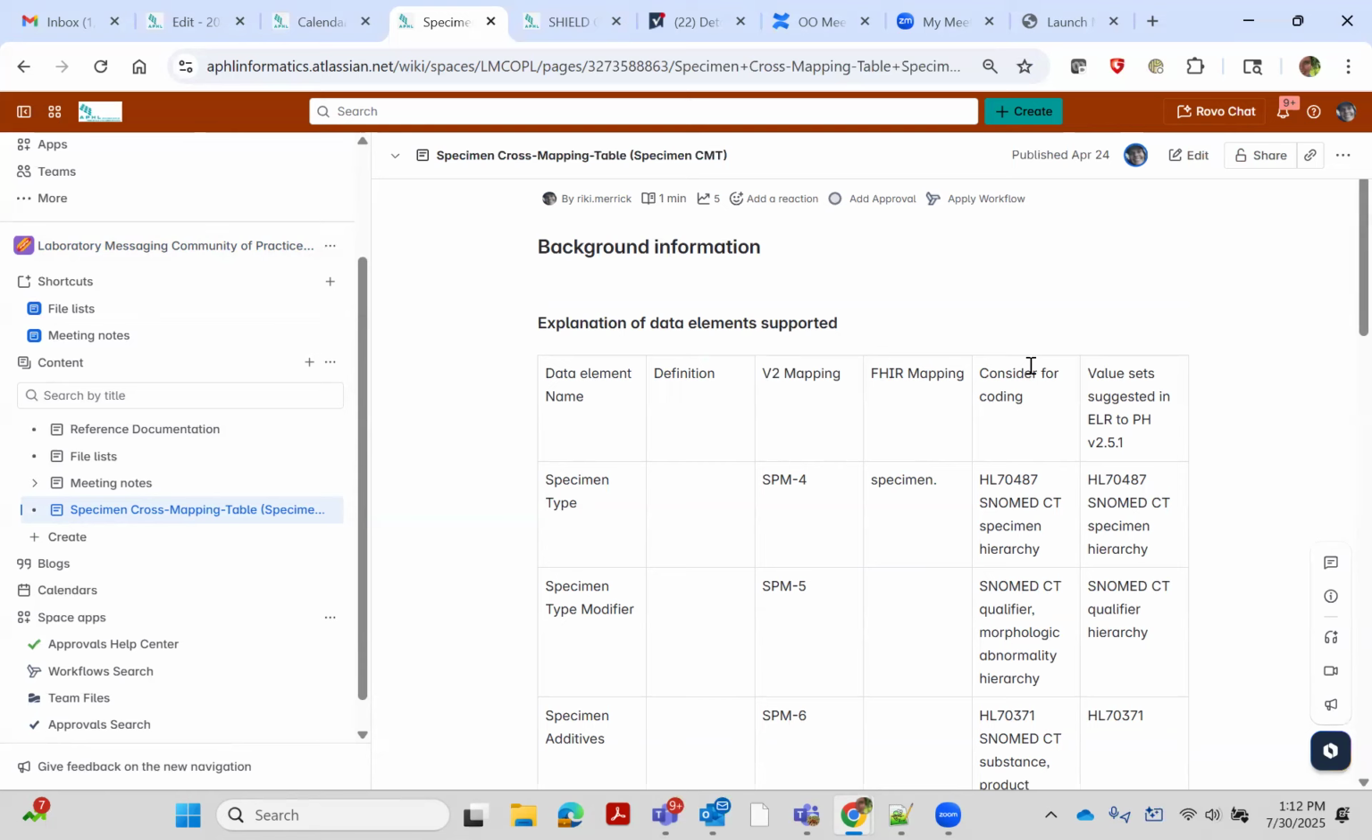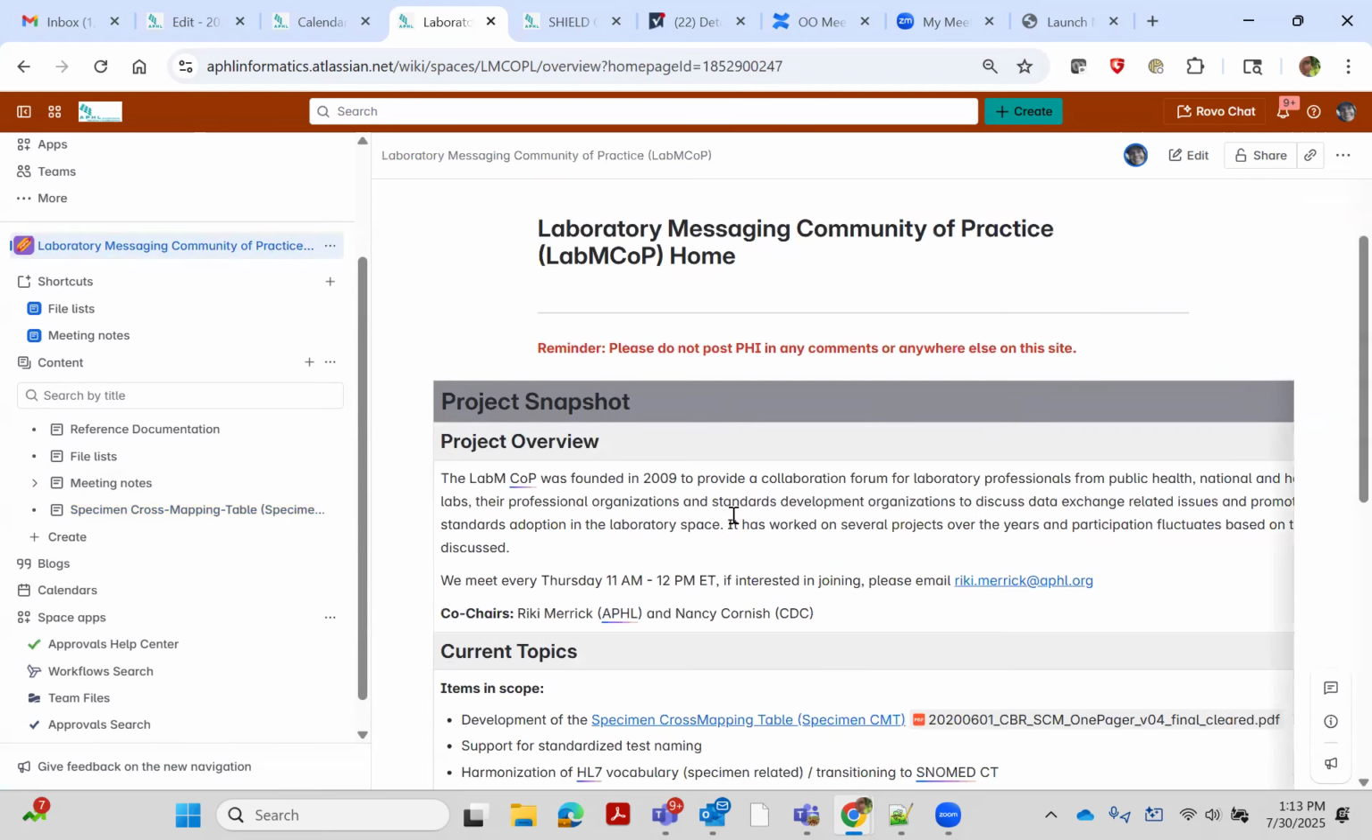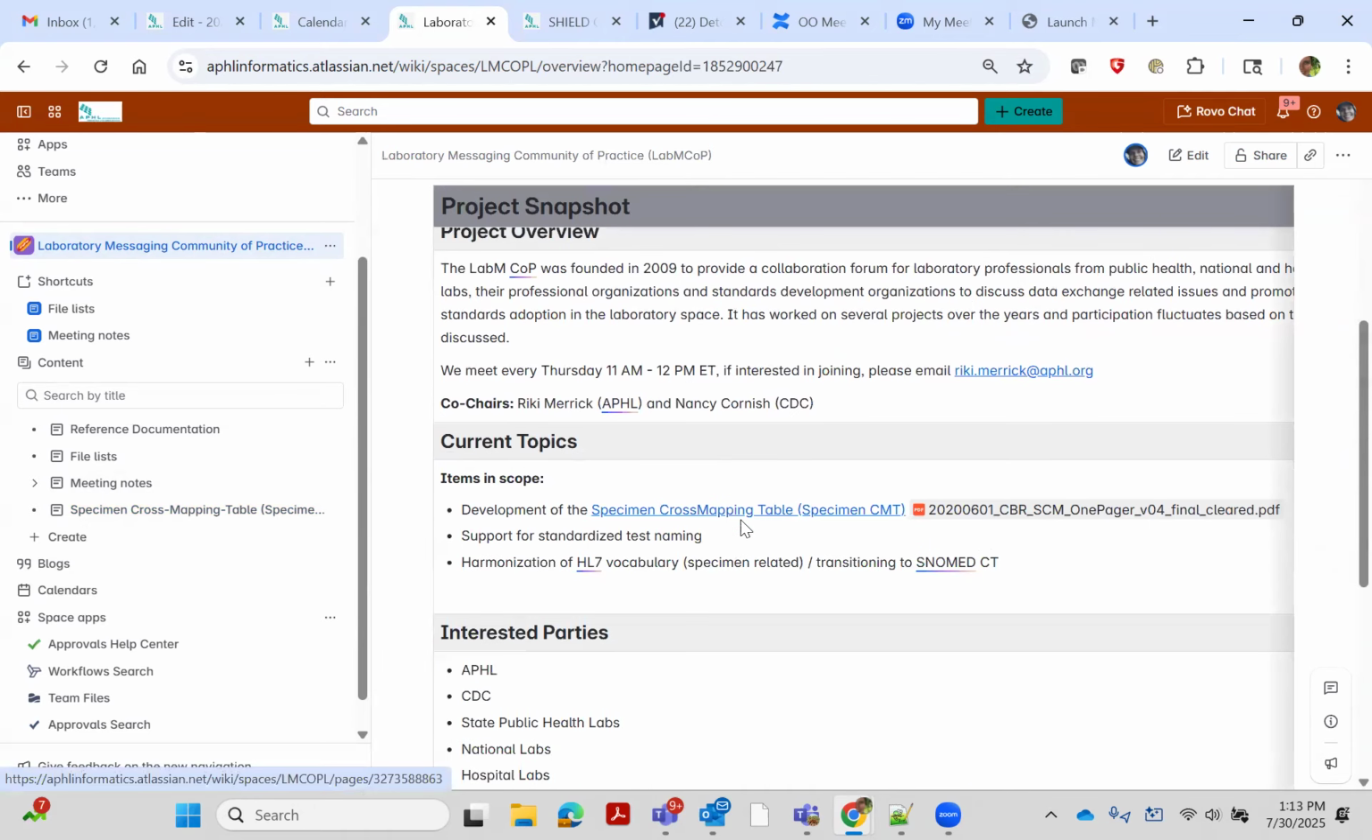We should probably also add the CDA to it, though it's probably not as often used, at least not in the US. But if we wanted to have it more internationally recognized, we probably should add that. Obviously, this is a work in progress because we haven't quite copied everything in here. But the main topic of the lab community of practice right now is the specimen cross-mapping table,